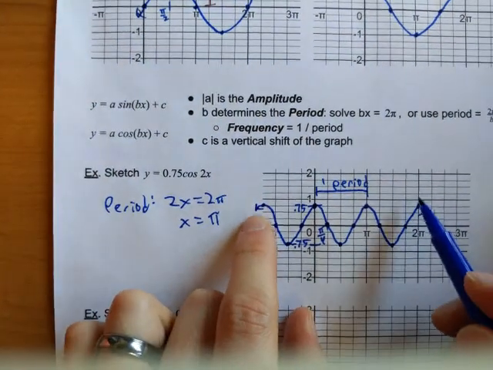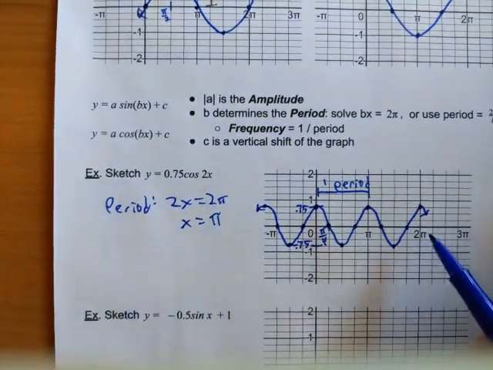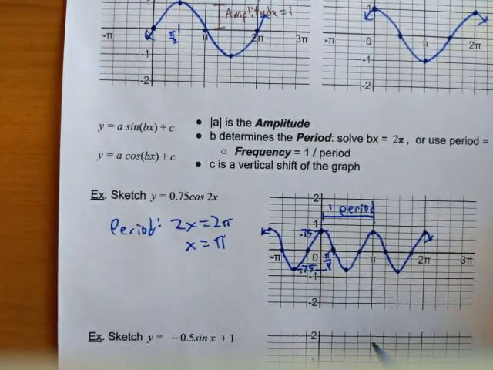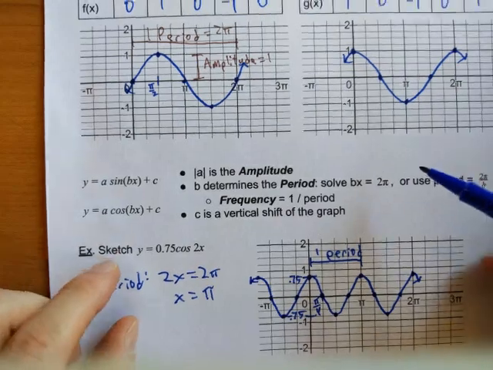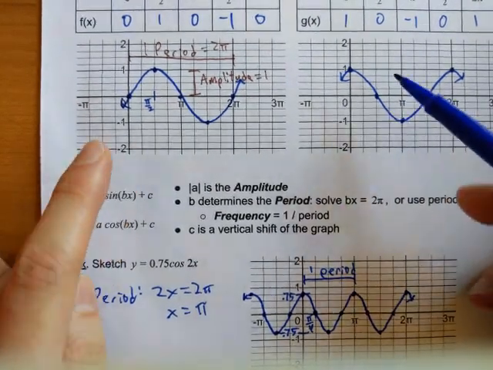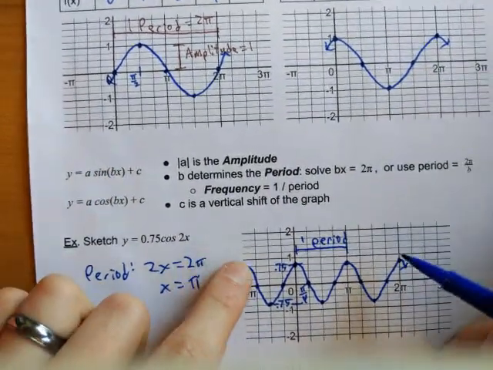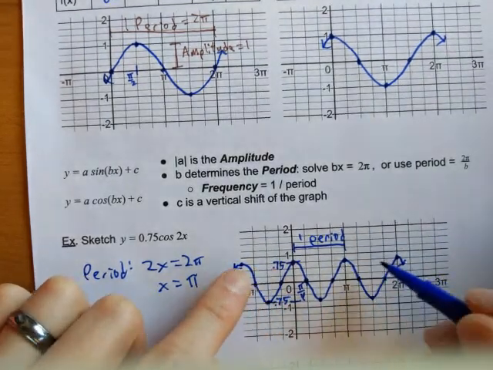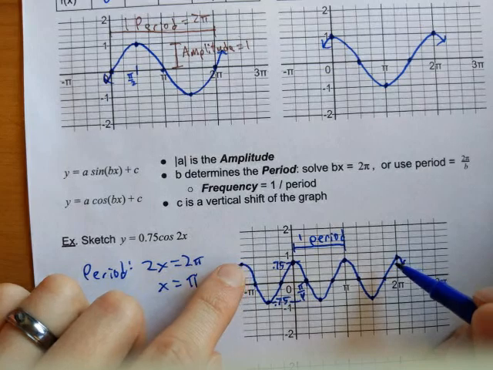Notice how these arrows at the end curve back down. One thing that's important to note about the functions is that they do have a maximum and a minimum y value. They're what we call bounded above and below. There's only so high going so low. So these arrows right here, it's got to curve back down because 0.75 is the highest y value you'll ever reach. It can't go higher than